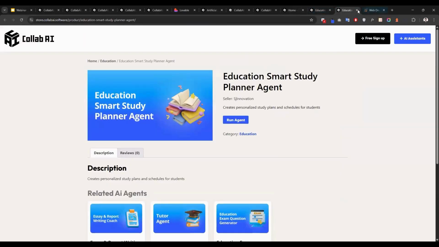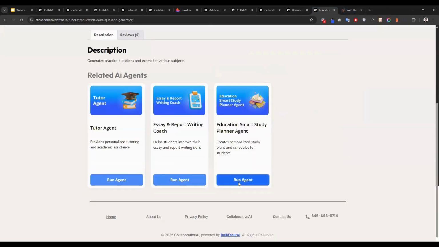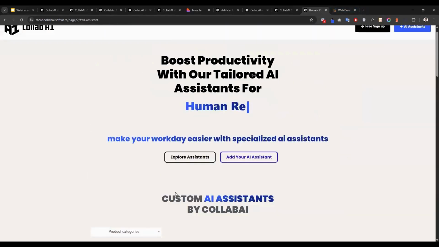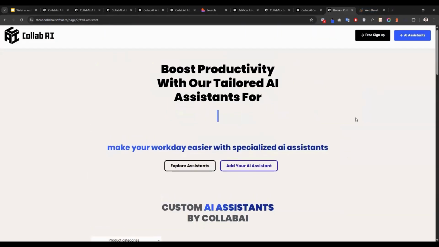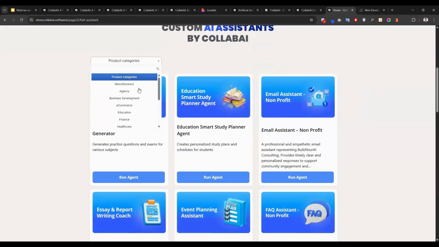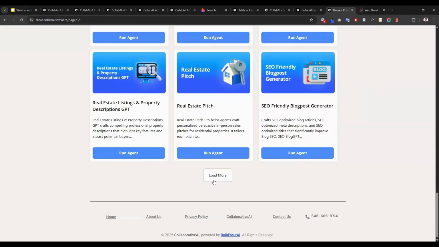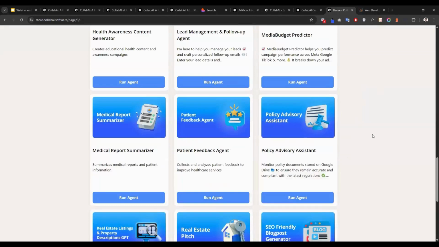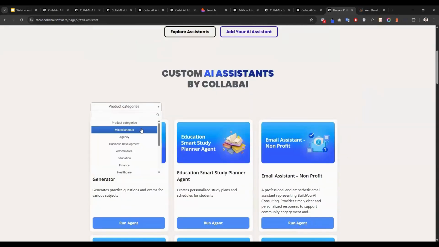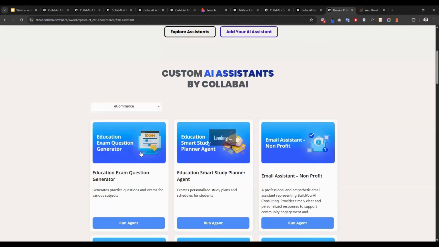You can go one by one. Also you can ask for a demo. You can also have the demo ready. And if you see, we have a lot of agents ready for each market based on your need. You can have agency agents, business development agents, e-commerce agents.